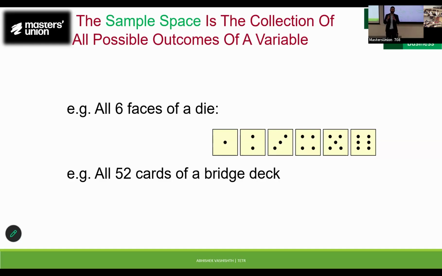I have to arrange 4 out of these 5. How will I do it? 1, 2, 3, 4. 5 into 4 into 3 into 2. Here I can put any one of these. In the second number I have 4, then 3, then 2. If I am using, let's say, Rivka,